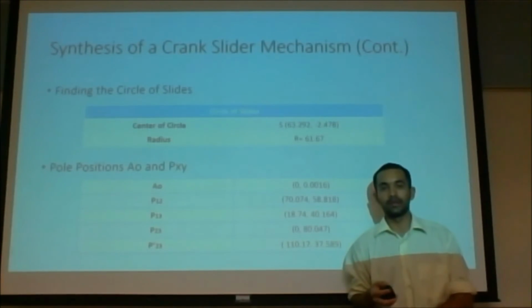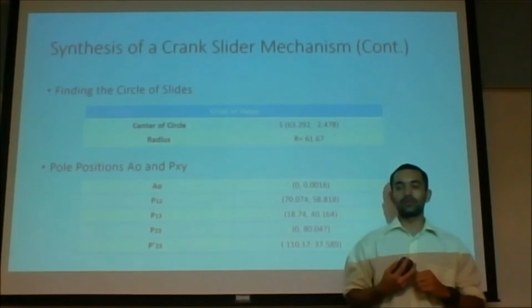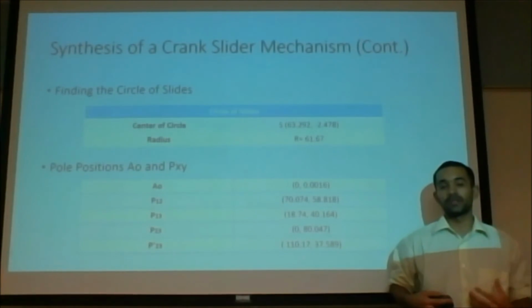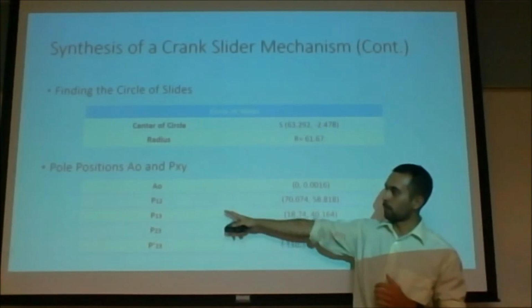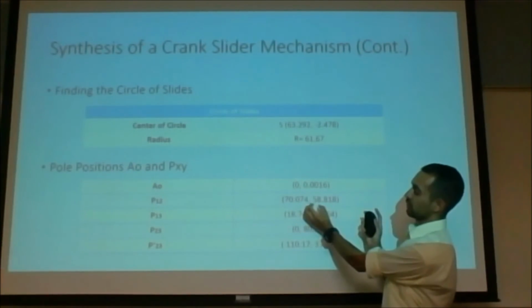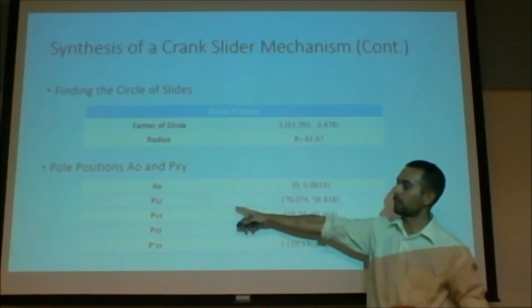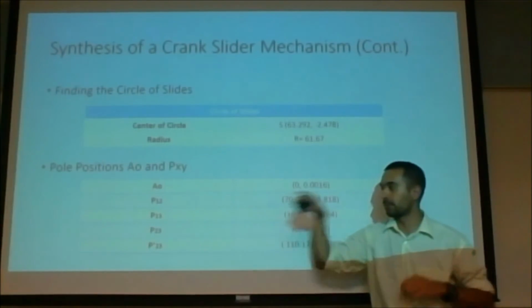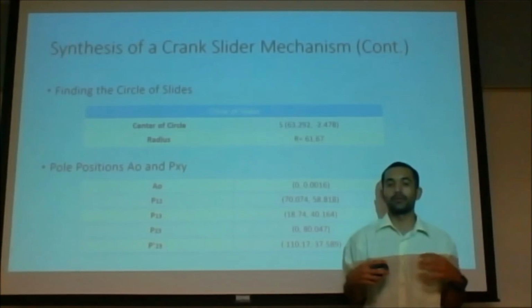For the slider crank system, we needed to find the circle slides. To find the circle slides, we need to figure out the pole positions of AO, which is where it's initially holding the crank slider, and the poles P12, P13, and P23. What happens is that with P23,